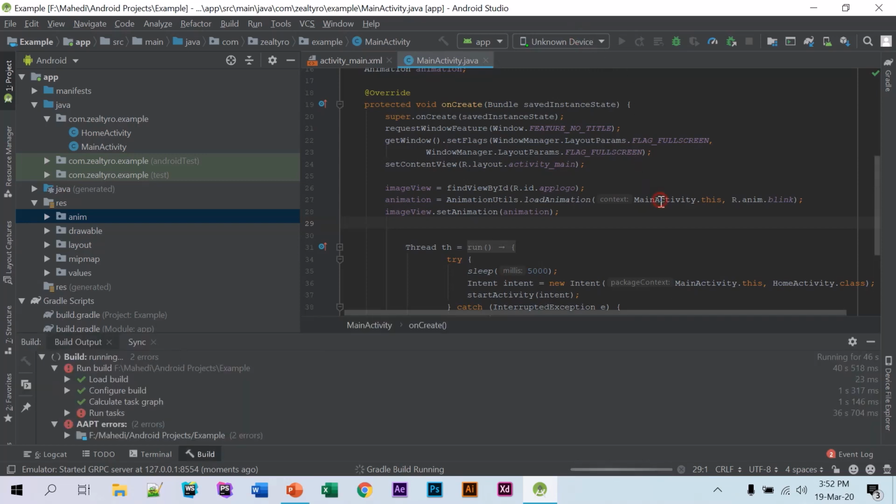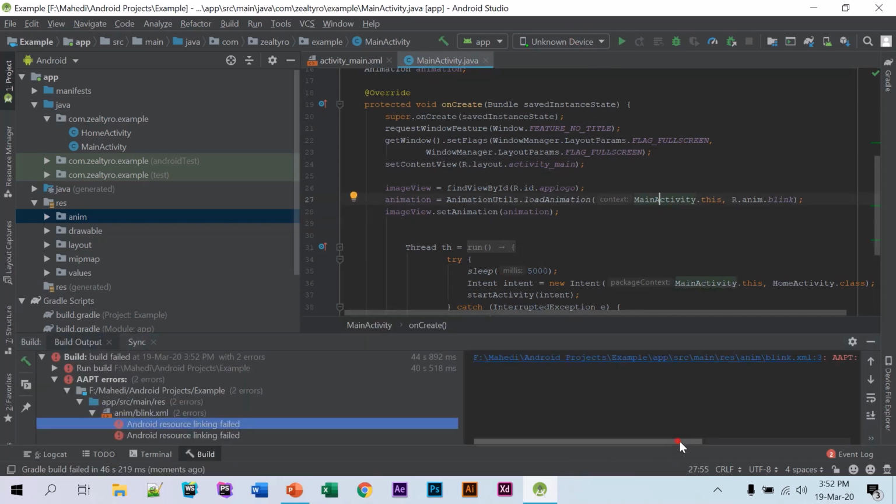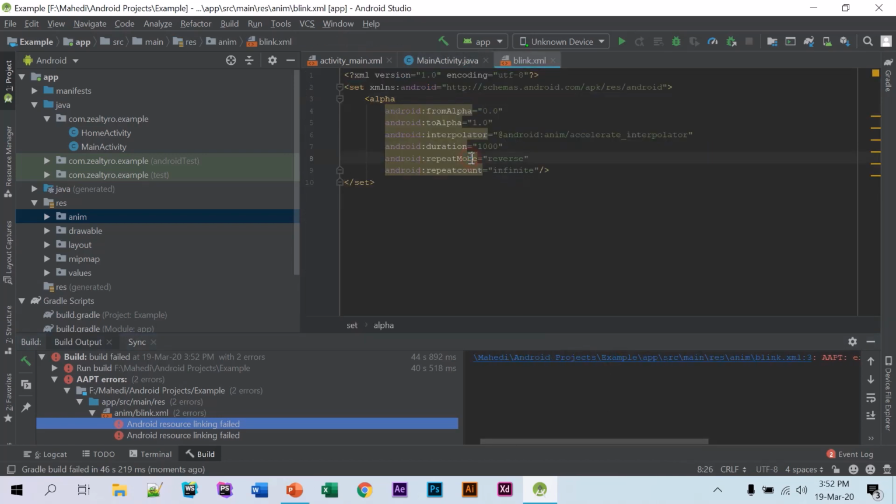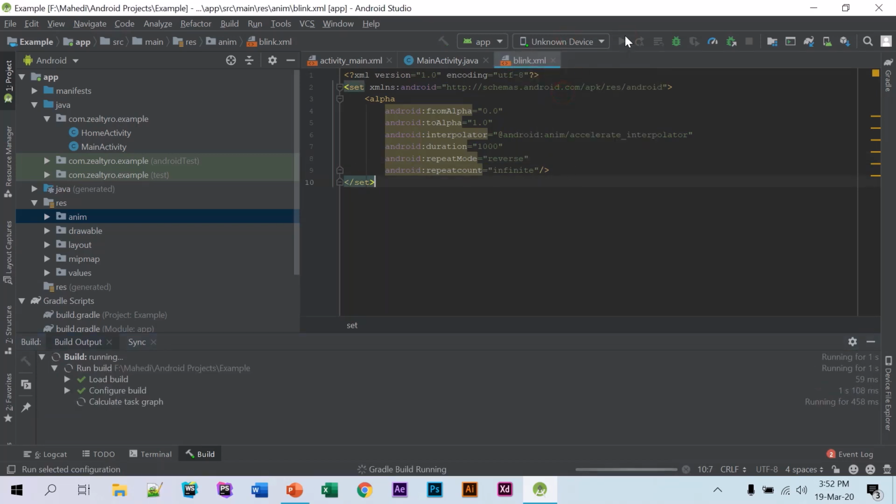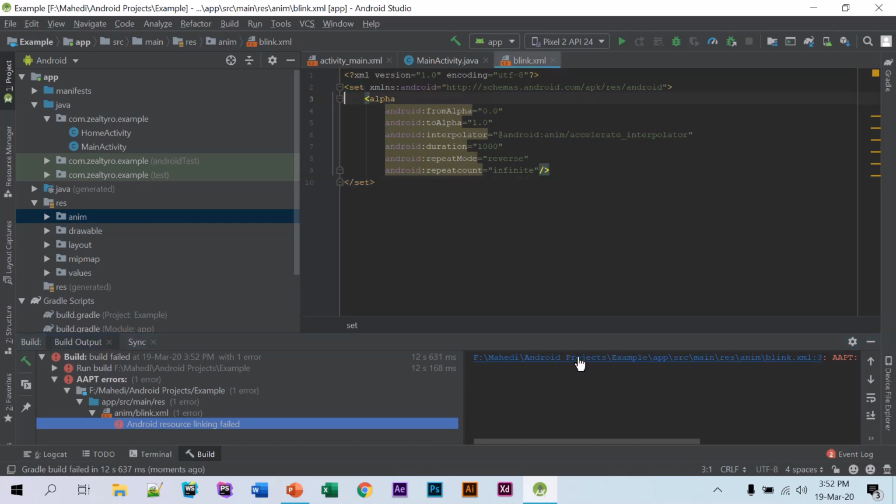Why does it not pass? Something happened here. Repeat mode, oh, sorry. Just add it here. Okay, that was the problem.